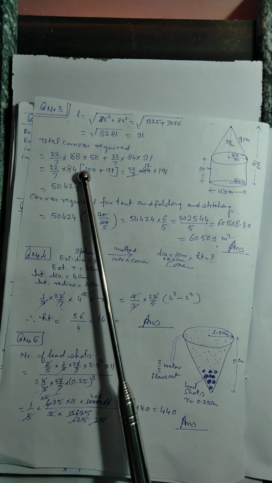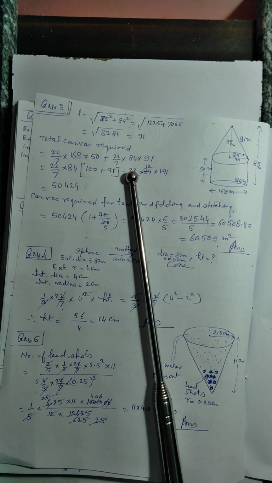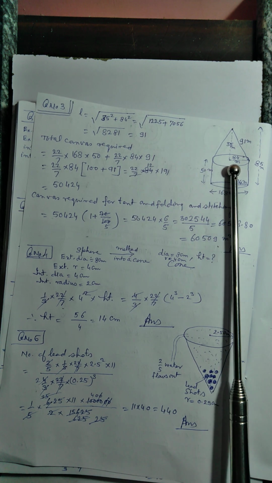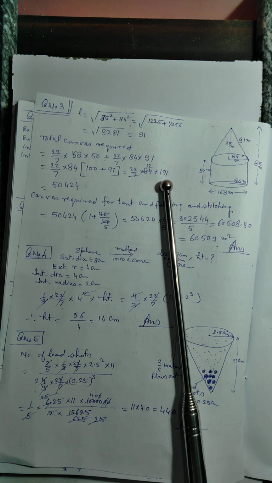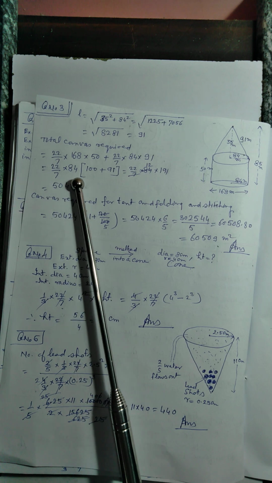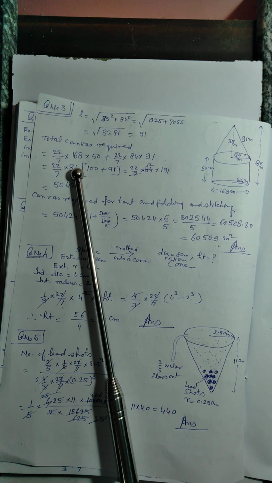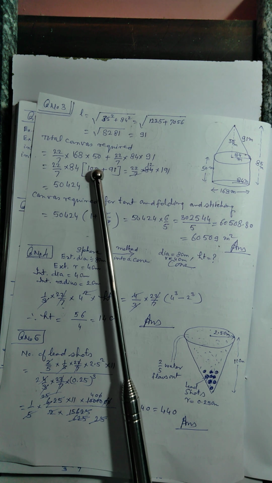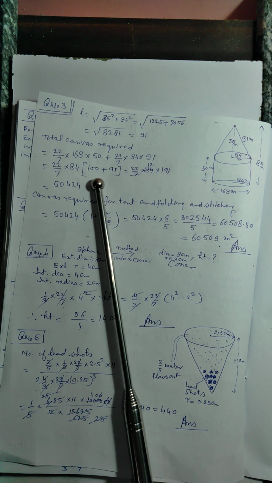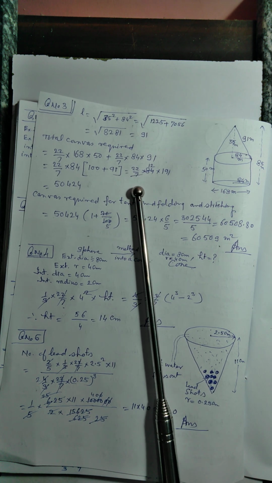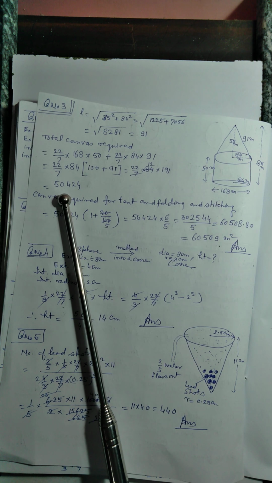So pi dh plus 22 by 7 into pi rl, that is 84 into L, where L is 91. We found slant height 91. So 22 by 7 and 84 we took common. Here 2 will be left. So 2 multiplied by 50 will be 100. Here 91, so 191 will come. So 22 by 7 into 84 into 191. We multiplied and got